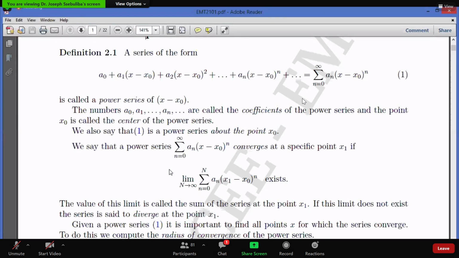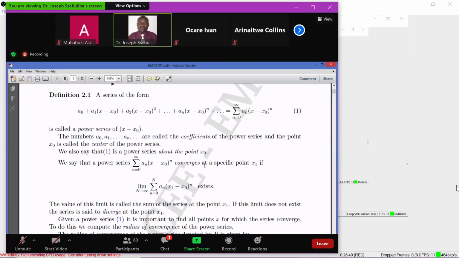Okay, so we can continue, and then we dig deep into understanding these by categorizing them into what we'll call the radius of convergence. We'll understand what is analytic and what is non-analytic. But given that we are still reviewing, we can now understand this. We said this is a power series about the point x0, and we are saying the power series converges at a specific point x1 if the limit as n approaches infinity